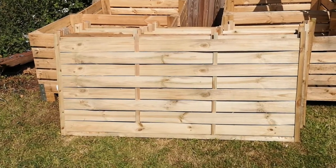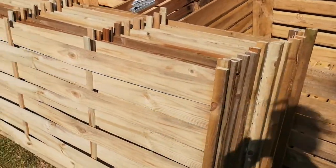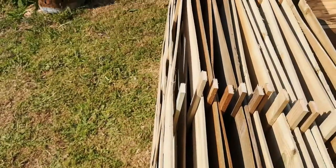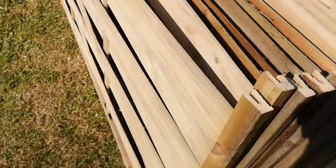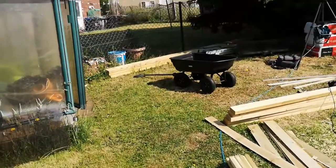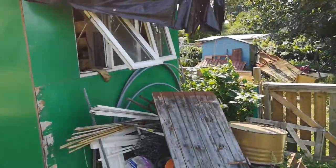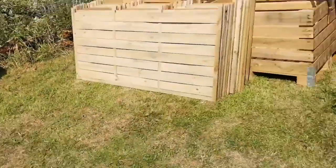These are our fence panels. These were full size like the original ones that we did, and we've just cut them in half and removed the middle plank. As you can see, they've got a little rebate in them and 2 center pieces, and we're going to just get a bit of batten and create shorter panels. These are for going just across this little garden here and underneath the tree around there, and all the way along the other side up to the other end. But we'll get to that bit when we get there. We're just trying to sort out this side at the moment